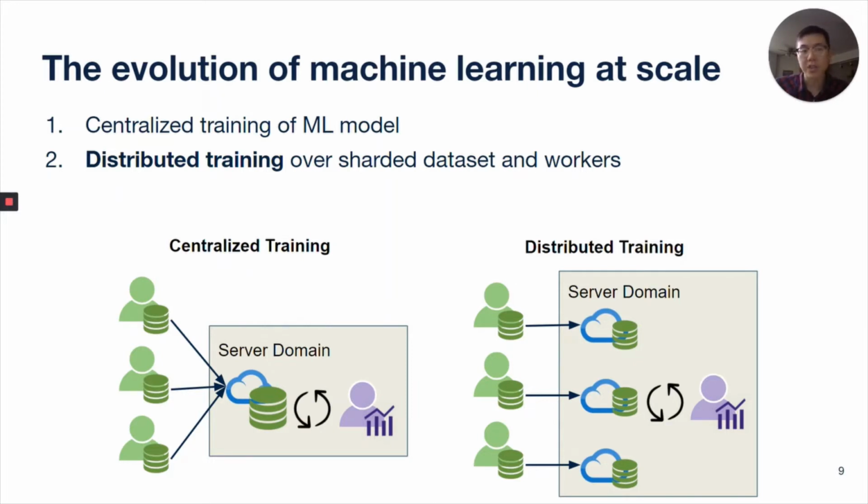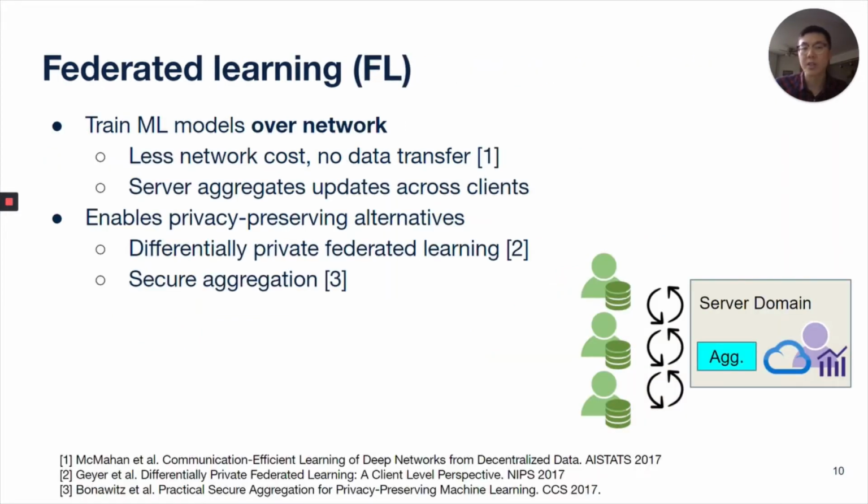The next evolution of this system, as requirements have continued to evolve, is federated learning, a technique developed by Google in 2017. In federated learning, rather than sending data and collecting it over the network, the machine learning process itself is performed over the network. There is no need to transfer data to the server's domain, and this greatly reduces the cost on the network. The server is now reduced to an aggregator. Since the machine learning process occurs over the network, the server just aggregates model updates as they are sent in